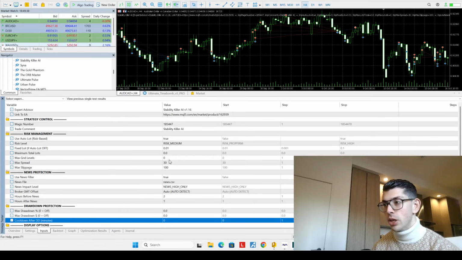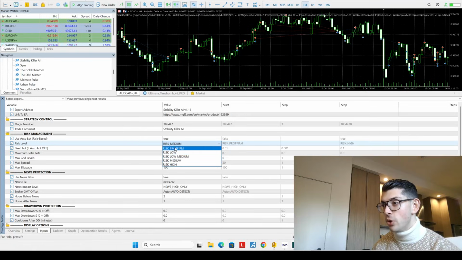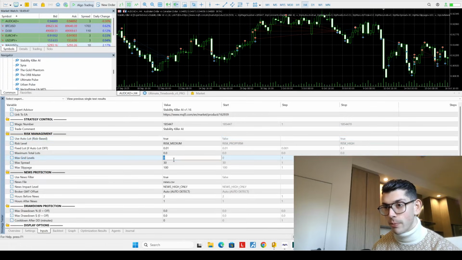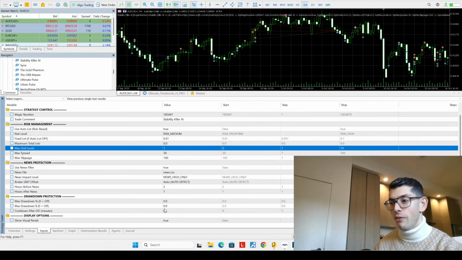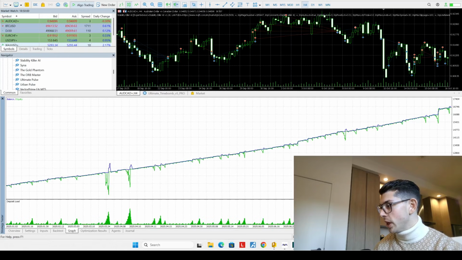One thing I'm going to do here is see if you're able to actually turn the grid off. And if you can do that, I'd be pretty curious to see what it actually looks like. So maybe if we set this to 1 as our max grid level, and we turn off every tick based on real ticks to be a bit faster, let's see what that looks like.